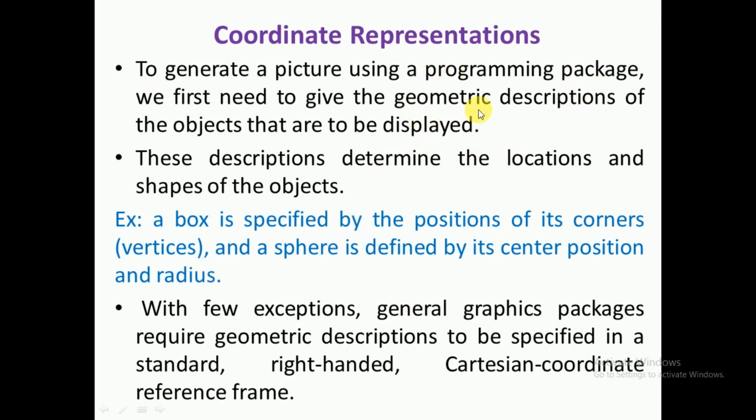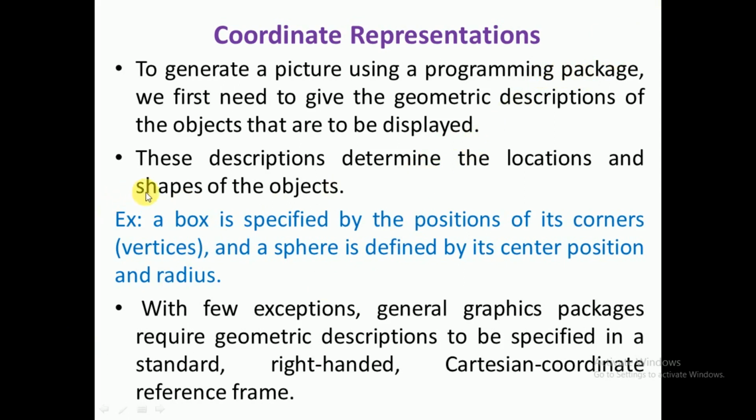Normally I will give input in a geometric description. Then my computer graphics package has to convert that geometric input to discrete form. Then it has to display proper output on my monitor. Right? Then it has to identify where my 10, 10 is. If I give 10, 10, then where 10, 10 comes on the monitor. From that 10, 10, if I give 100, 100, where 100, 100 comes. On my paper, I might have drawn 10, 10 to 100, 100 here, but it may not be the case on my monitor. 10, 10 may be somewhere here, 100, 100 may be somewhere here. That has to be mapped.